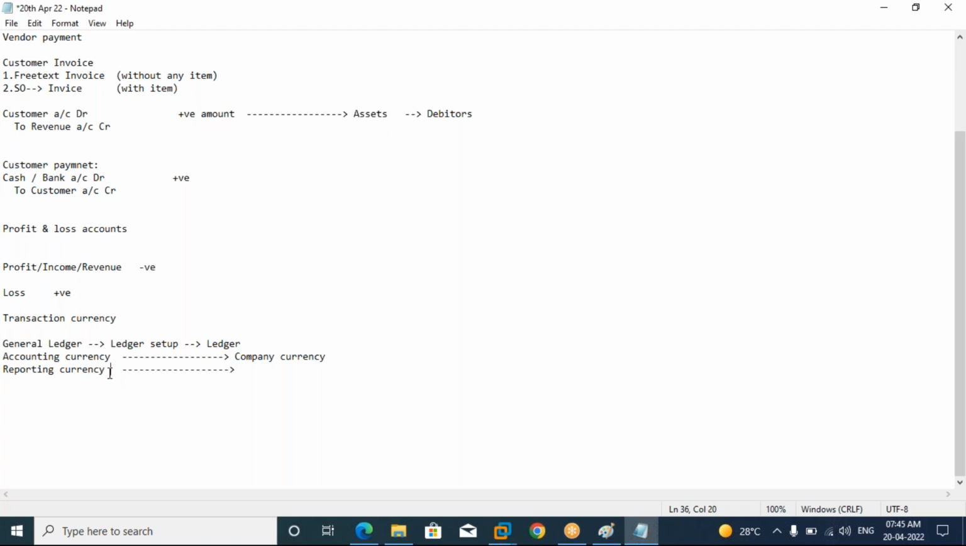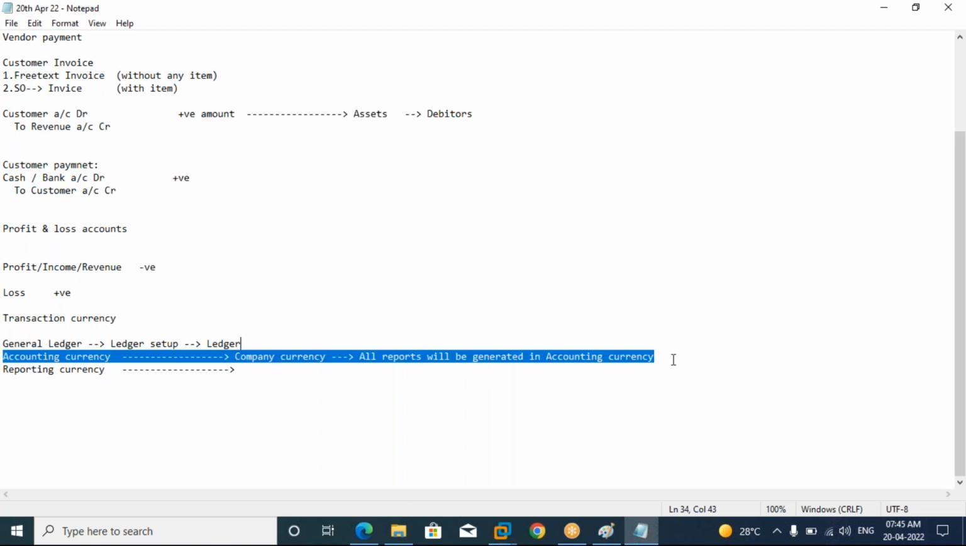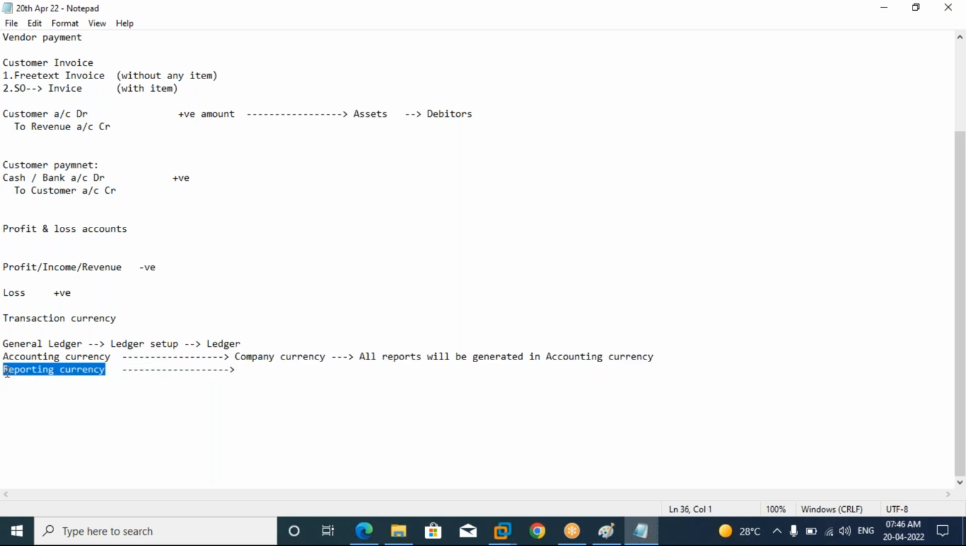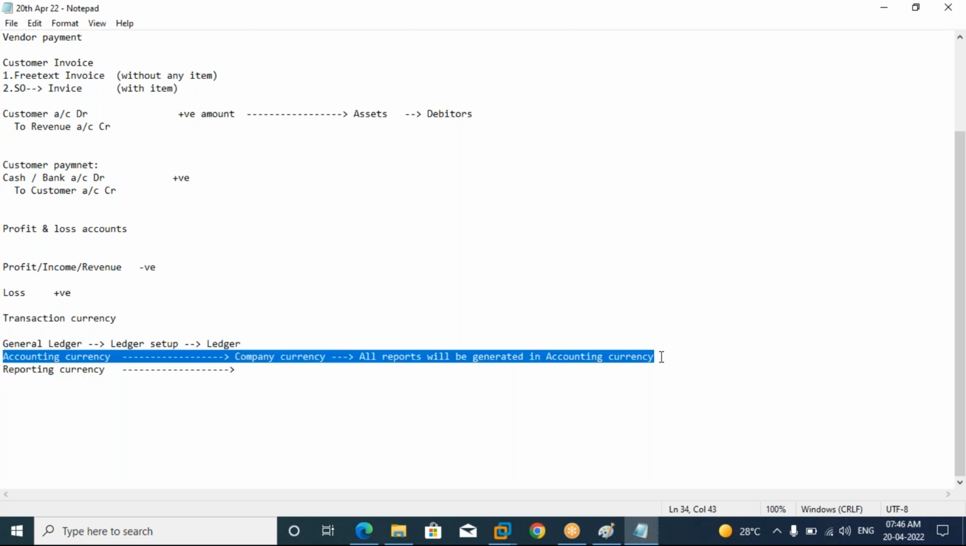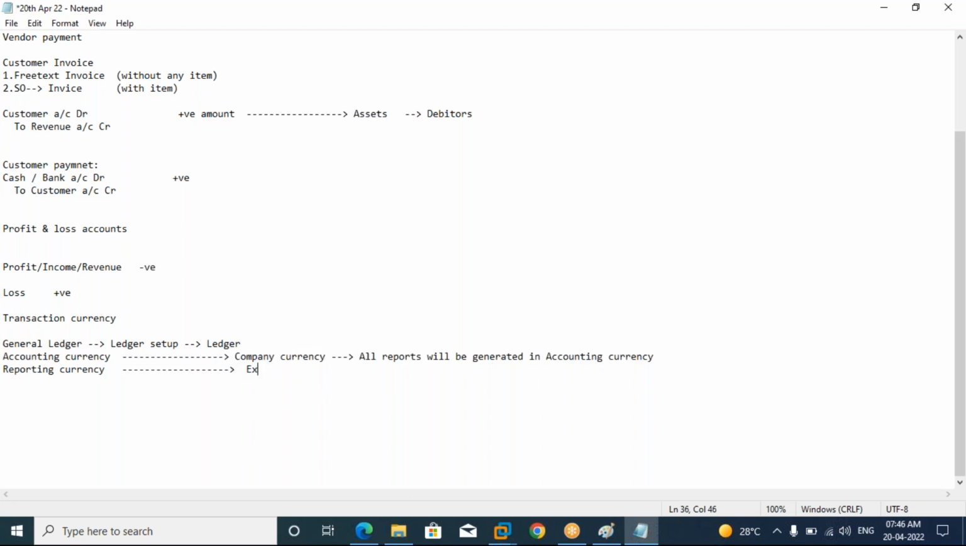Look at this one. Many people will think that reporting currency means reports currency. No, all reports will be generated in accounting currency only. Any report if you generate, it is in accounting currency. Don't look at that naming convention, that reporting currency means reports currency. No, all the reports will be generated in accounting currency only. Reporting currency is for some extra reports that can be generated